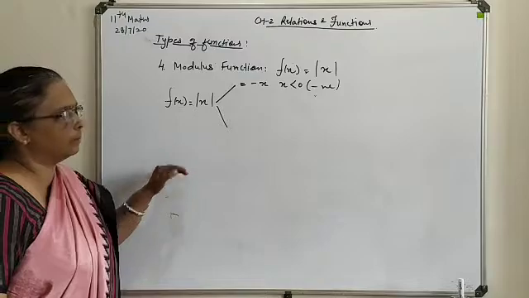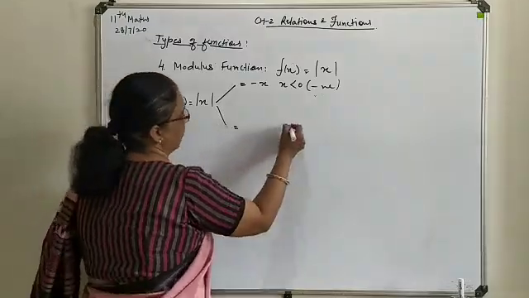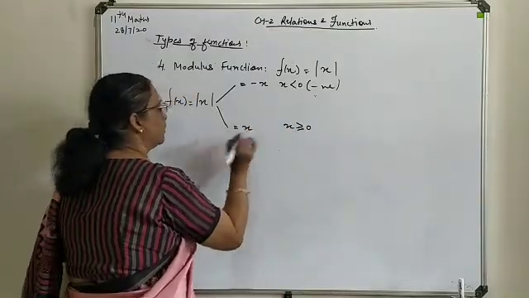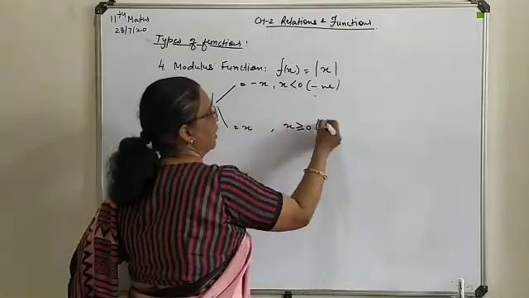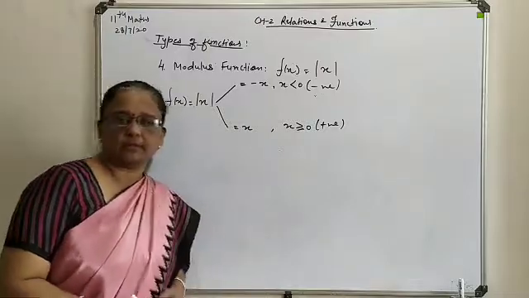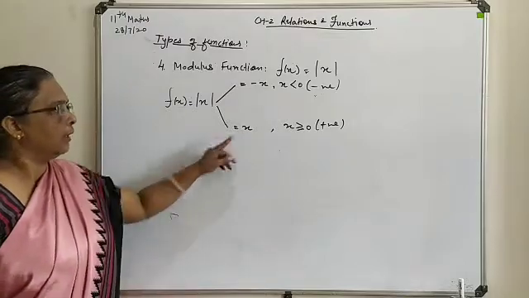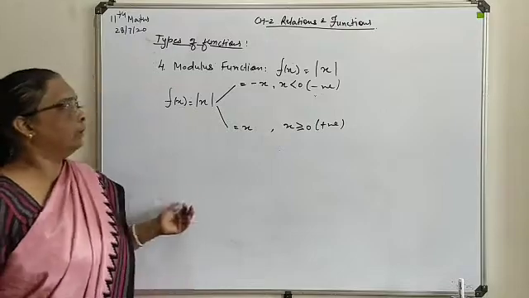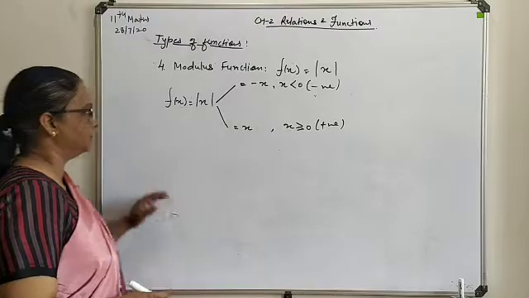We will take some examples which satisfy this basic criteria. Secondly, if your x is greater than or equal to 0, at that time modulus of x you will replace by x, which means it will give you a positive solution only. Obviously at x equal to 0, this will be 0 only, but as you keep on increasing the value of x with positive quantity, this will give you a positive solution as 1, 2, 3, 4 directly. Now how it works and how it can be represented on a graph.